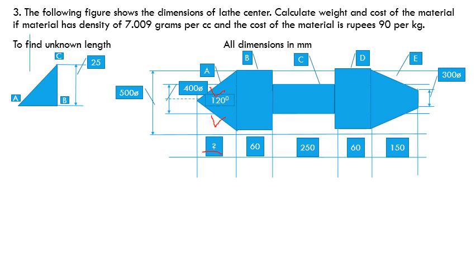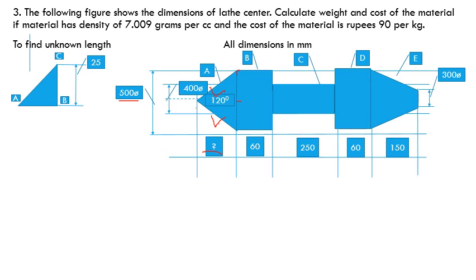I will name it as ABC. So this comes out to be A, this comes out to be B, and this comes out to be C, or something like that. Okay. And now I need to calculate the length of AB. Length of BC I can very easily get, because the total diameter is 50 millimeter, all dimensions are in mm, and half of that will be 25